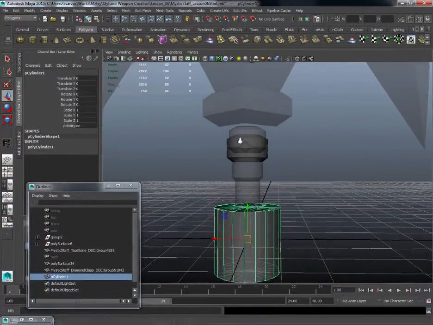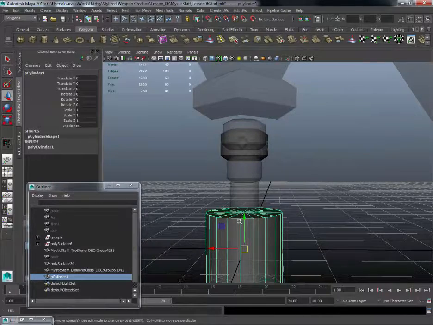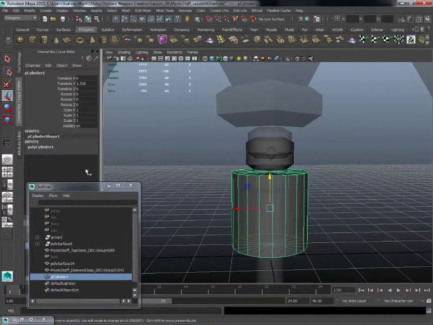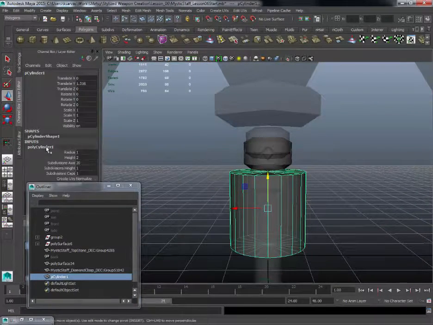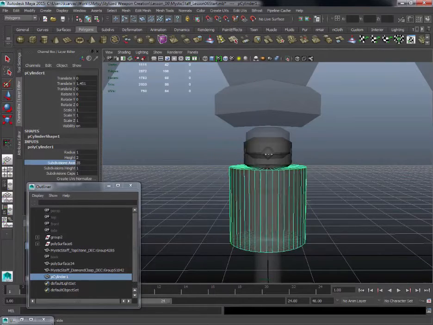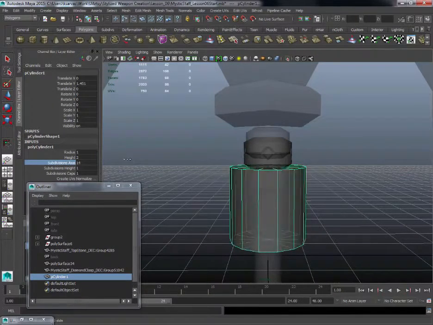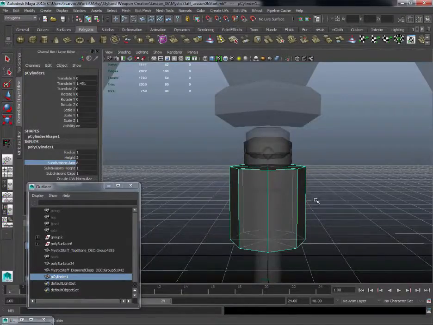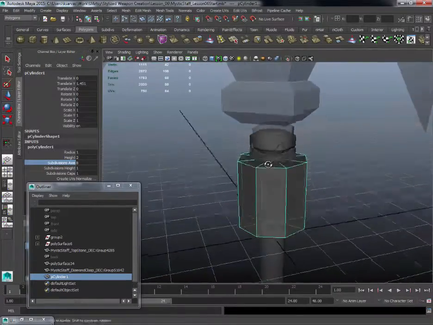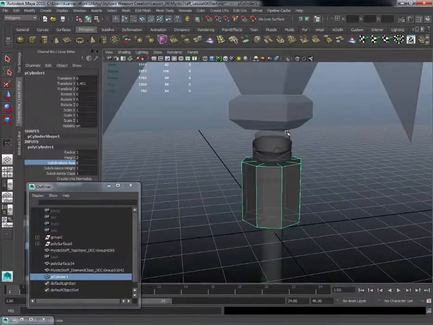The reason why I'm creating a new cylinder is I'm going to show you a really easy way to change the subdivision count of the cylinder. All you need to do is click right here in Polycylinder. You see something that says subdivision axis. If I click on this and then use the middle mouse button, you can change the amount. And now, I went ahead and did a subdivision axis of 8. I thought, 8 is pretty darn low,